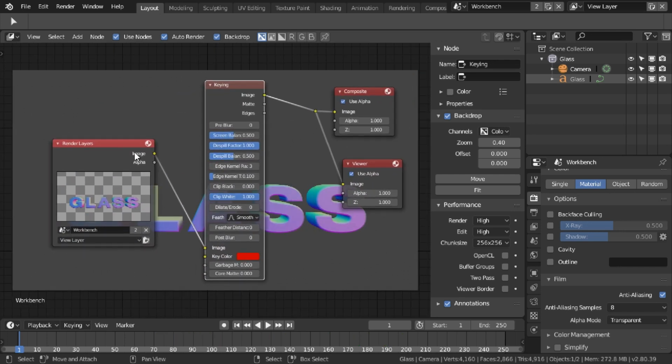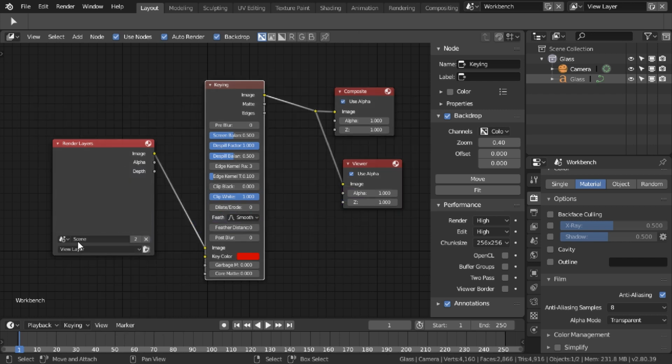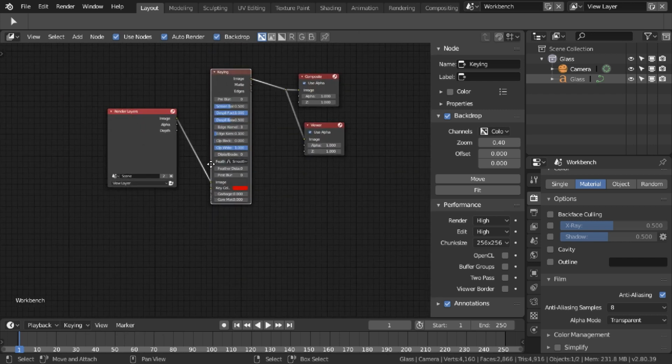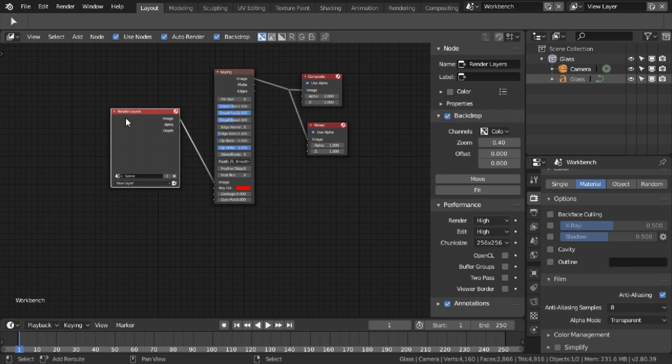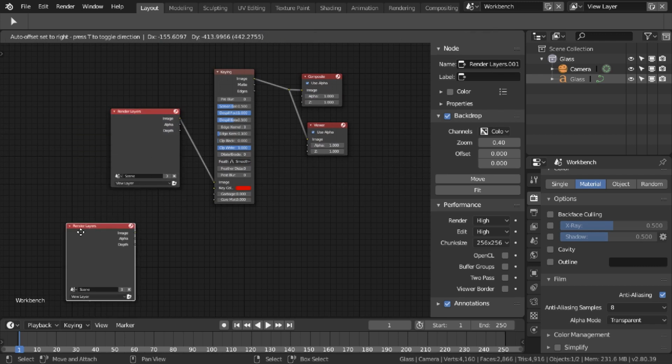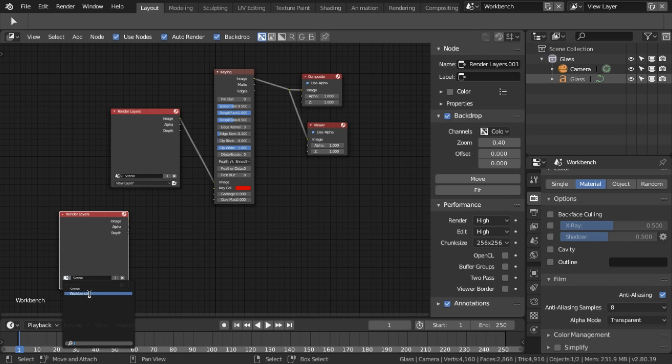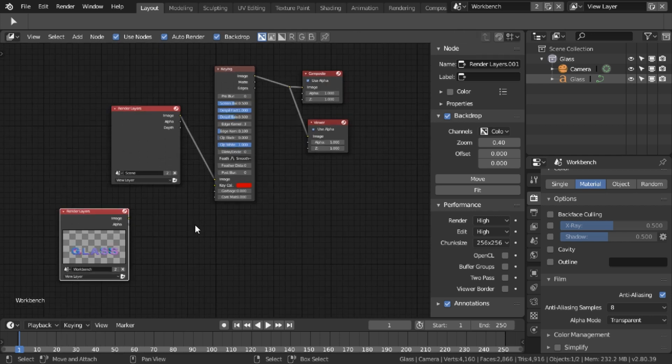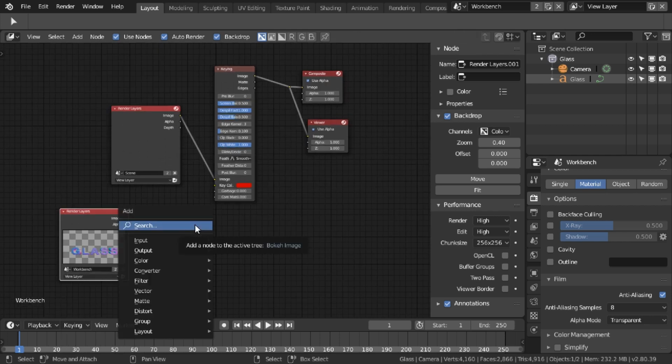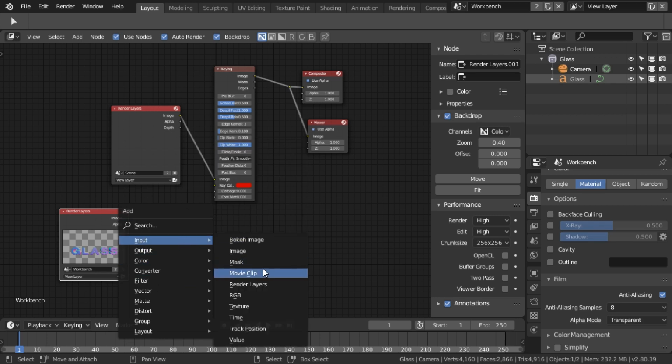Where, as I cloned it before, I've basically got this compositing node set up from before, which is fine. I just need to swap this one for the other scene, and I need to duplicate that with Shift D, and this one I'm going to set to workbench. And I'm also going to Shift A, add an input movie clip,